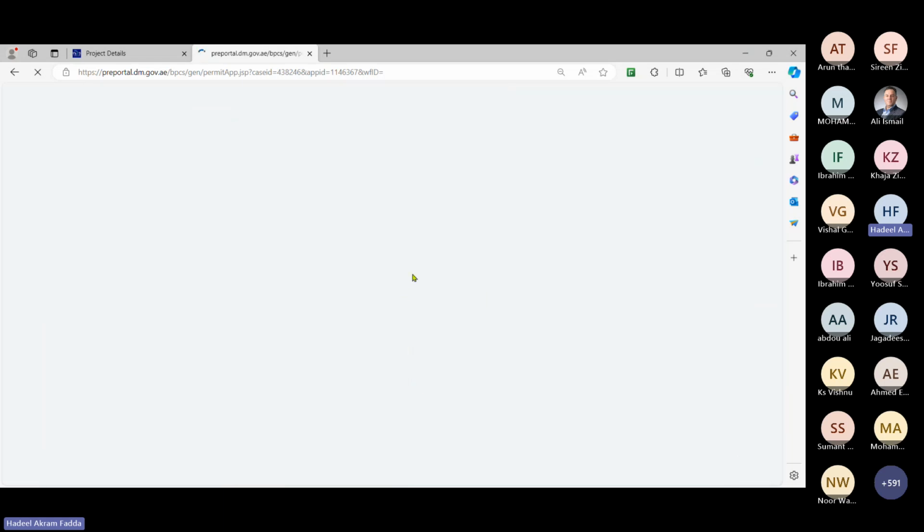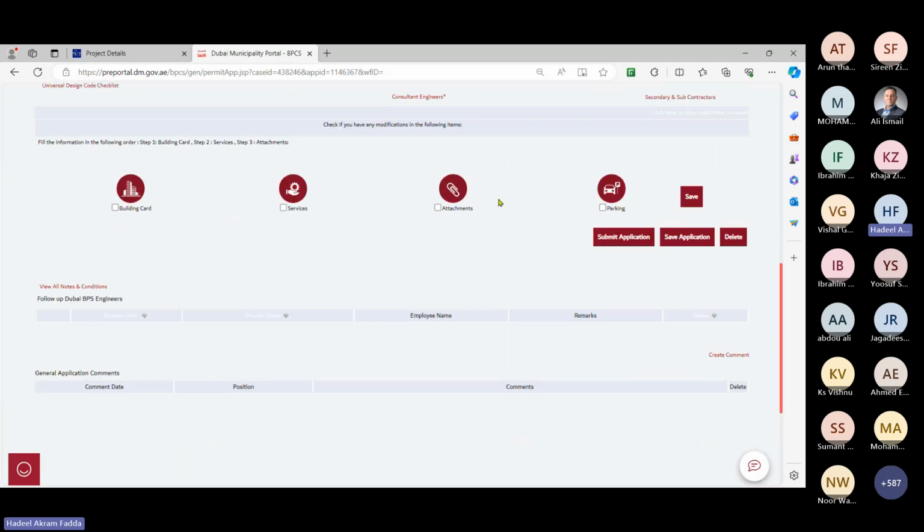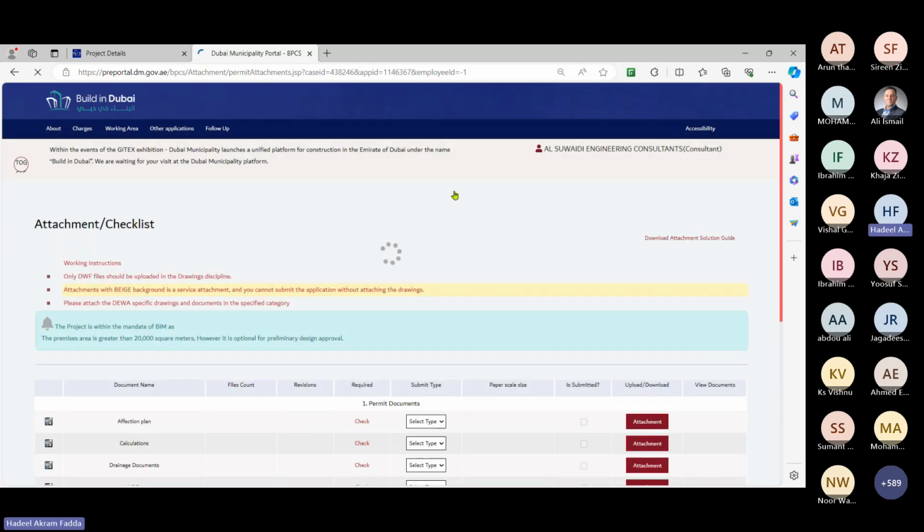But since my application is a preliminary submission, it will also mention that this is not a mandate, it's optional. So you still have to choose whether you want to submit a BIM model in your application or not. Okay, you will do your work as normal. Nothing has changed. You'll go to the attachments. You will see that this project is within the BIM mandate, and you have the choice whether to submit a